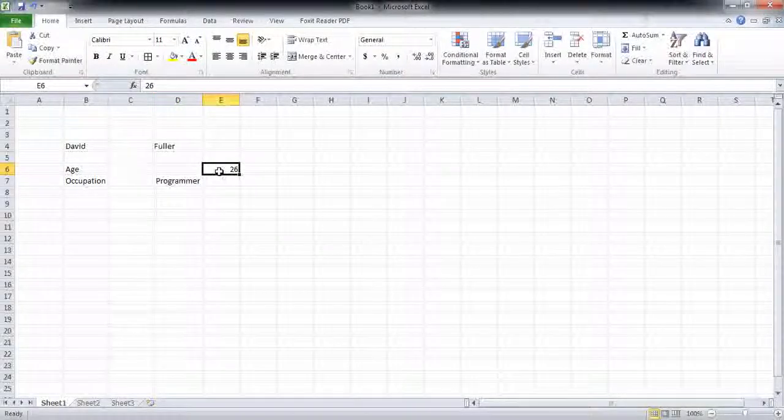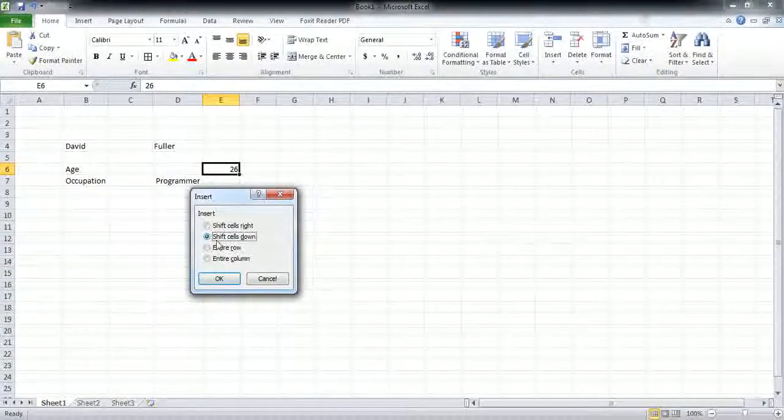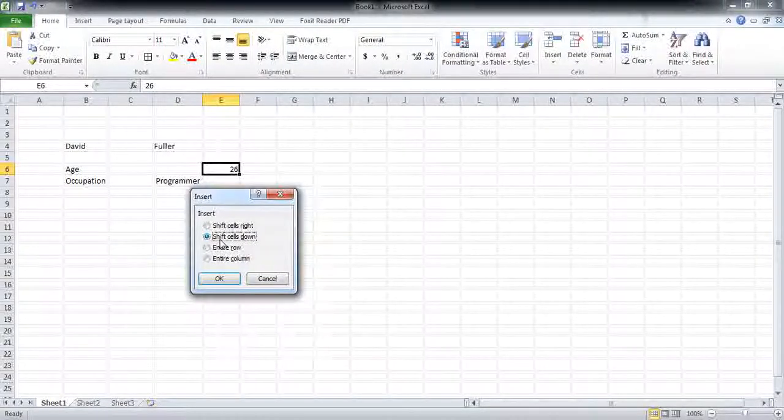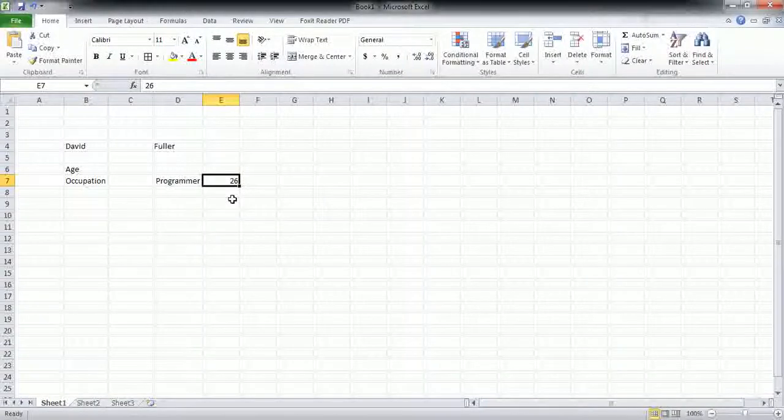But what was the other option all about? I'll go on to the insert option and select the other option regarding the cells. So the other option is about shift cells down. In this case, if I were to select this option and hit the OK button, the cell which is currently selected would be taken downwards by one step and a new cell would be inserted in its place. And you can see it by clicking on the shift cells down button and the OK button. You can see the 26 number has been pushed down and a new cell has been inserted at this portion.